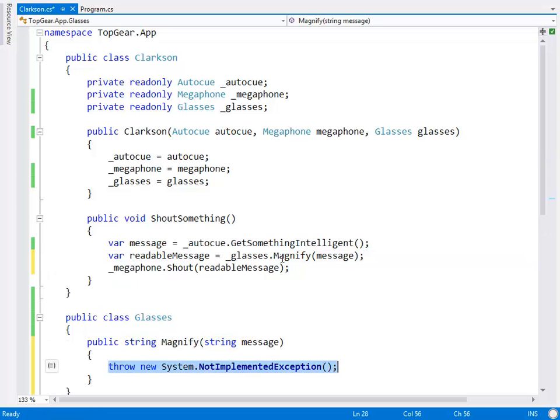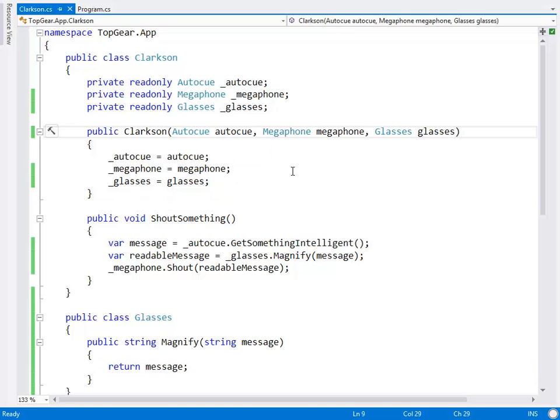We're going to cheat, remarkably enough. We're just going to return that. Okay? The point of this is not that we actually want to do anything. The point is to just introduce another arbitrary dependency. So we've changed our Clarkson constructor signature. Right? Let's say we've got unit tests around our Clarkson entity. Every single one of those tests that construct a Clarkson will need to change. Not only that, every single place that we use a Clarkson in our code is going to need to change, or will it?